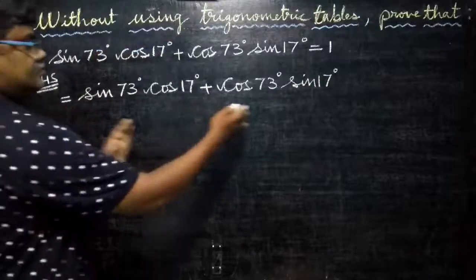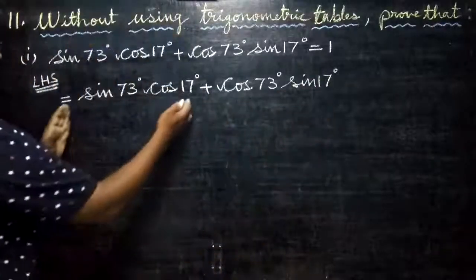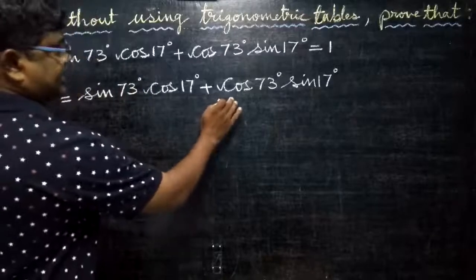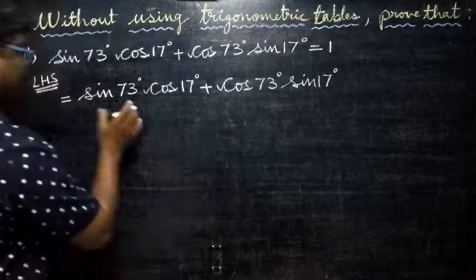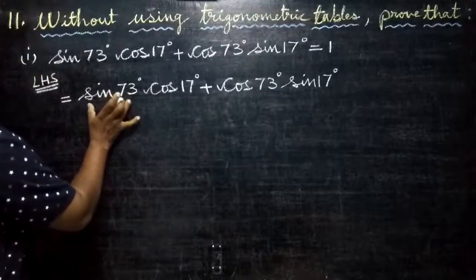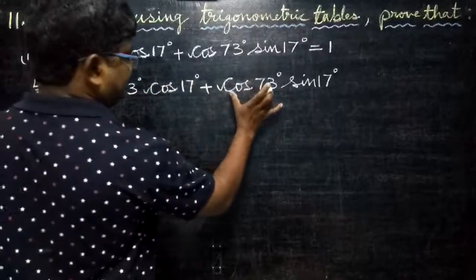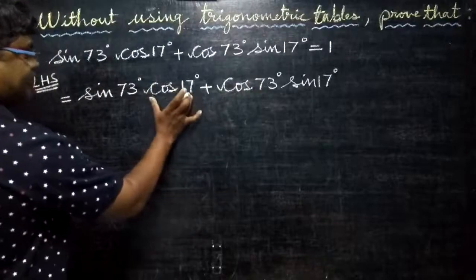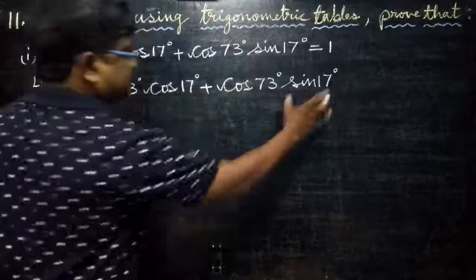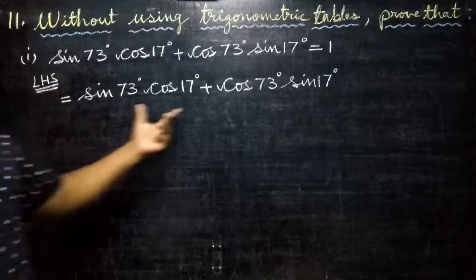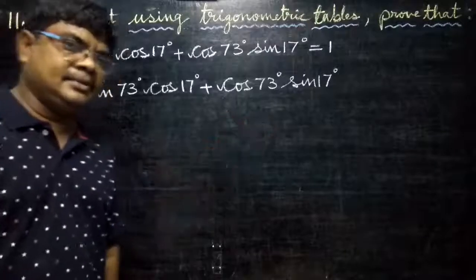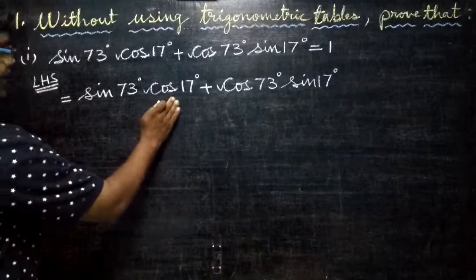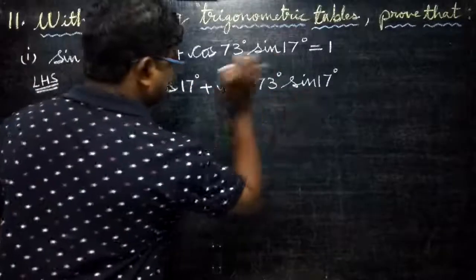First term, second term. In the first term, sin and cos are there. In the second term, cos and sin are there. If you want to change the first one in the first term, the same first one you have to change in the second term also. If I want to change the second one, here second means there also second. Here first and there second won't have any meaning. Able to follow? So here I want to change the second one, so here also I will change the second one.